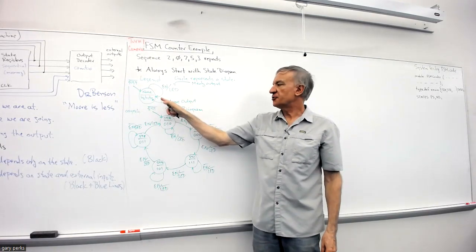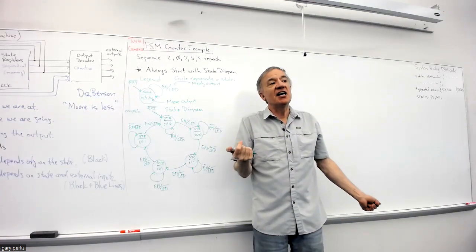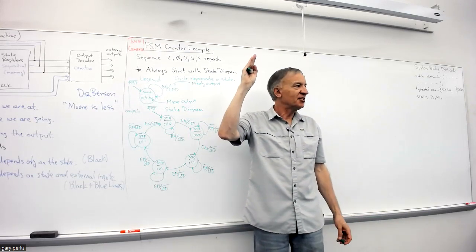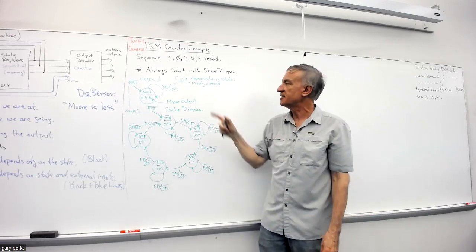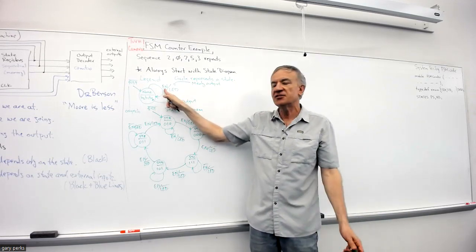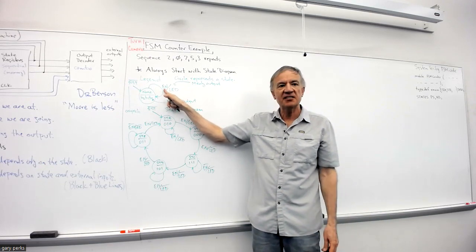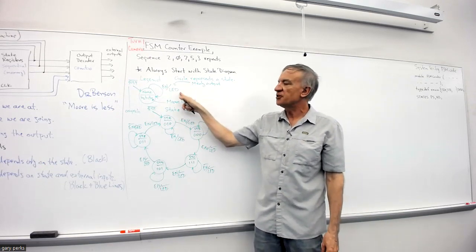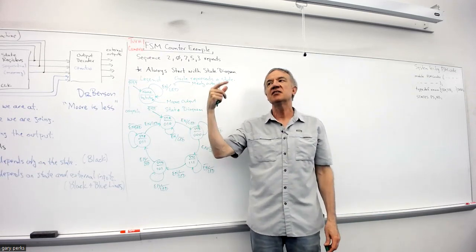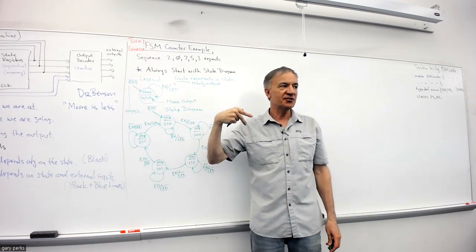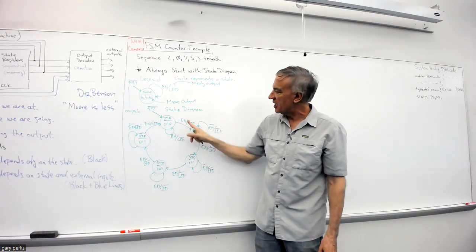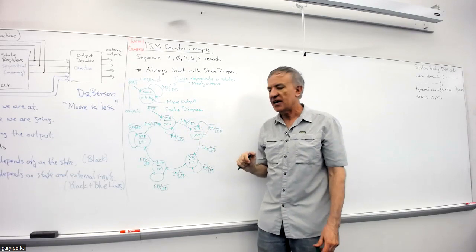The arrow means a transition. Sometimes you can have an unconditional transition, right? It's just going to happen no matter what once the clock edge happens. Okay, and you don't show anything if that's the case. If it's conditional, then there's some input that the transition depends on. You just put it right next to the arrow, like I did here with enable. And then if you have any sort of Mealy output, again, the difference between a Mealy and a Moore output is the Mealy depends on not only the state, but also external inputs. And you put in your state diagram, you put the Mealy output underneath whatever input you have on the transition